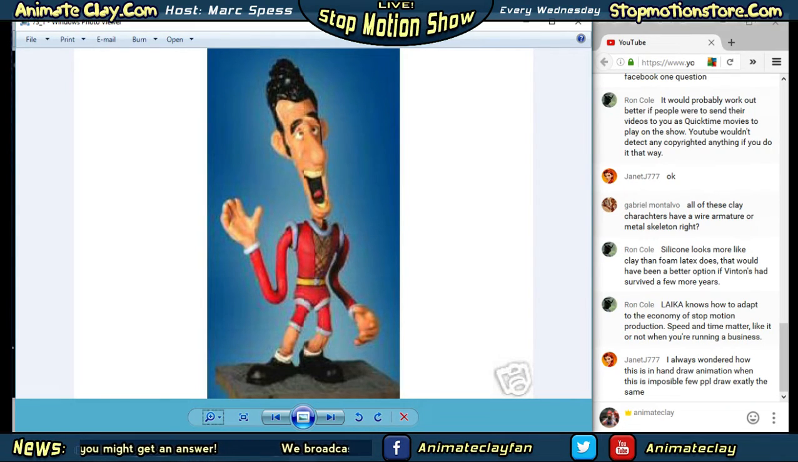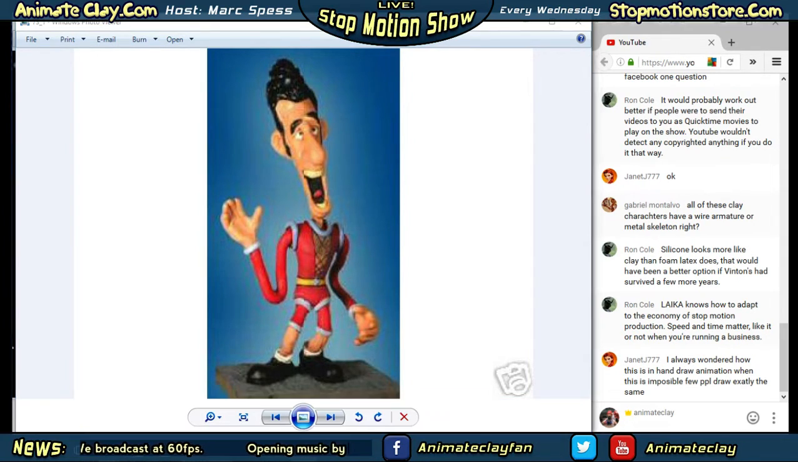So Ron is saying silicone looks more like clay than foam latex does. That would have been a better option if Vinton had survived a few more years. Yeah, I'm not really sure if they use silicone very often at the studio. I think it was mostly foam. And Ron says Leica knows how to adapt to the economy of stop motion production. Speed and time matter, like it or not, when you're running a business. Yeah,